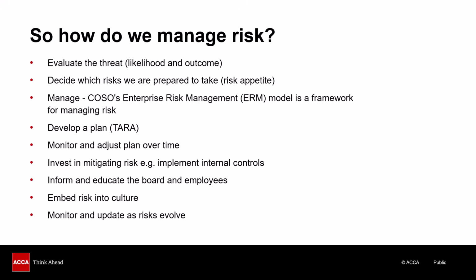And then overall, again, as risks evolve, some will go away altogether, new risks will come along, and our management of risks will evolve as well. This is something that the internal audit function will usually be responsible for, and they will usually report to the audit committee. Now, here we go, audit committee, and we're talking about corporate governance. So we see a link between risk and corporate governance.